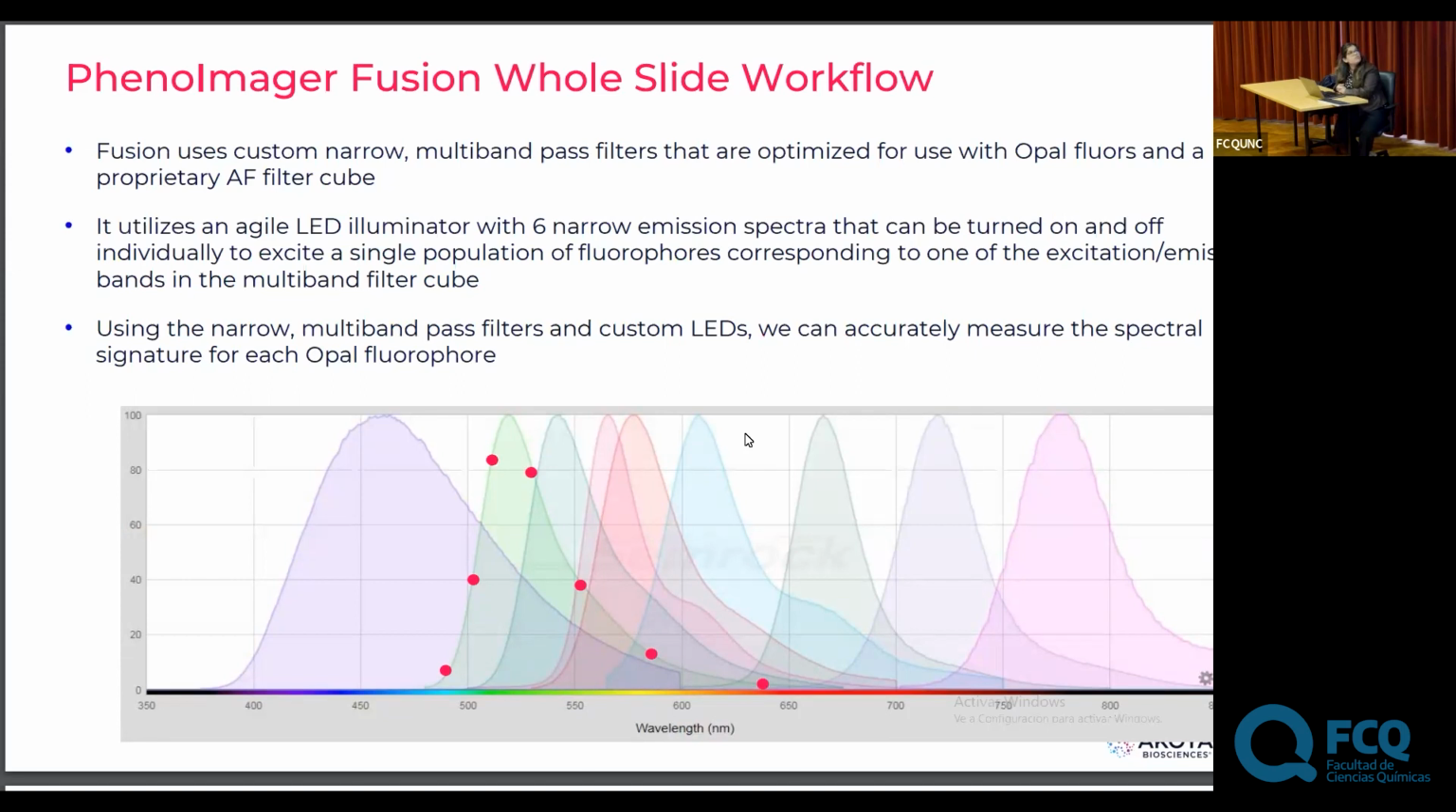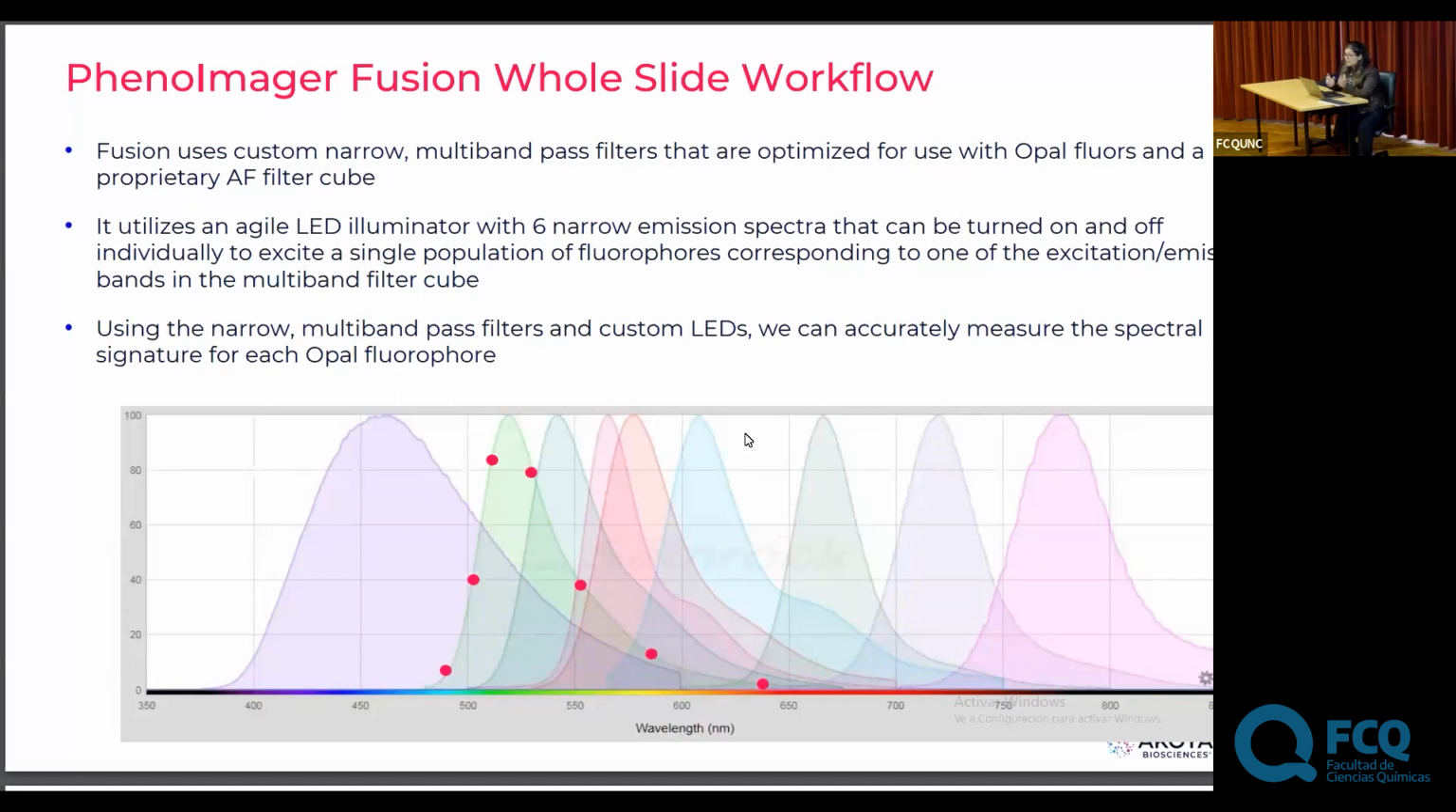The way that we combat that is that we've developed custom narrow multi-band pass filter cubes that are optimized to use with the Opal fluorophores, as well as a proprietary autofluorescence filter cube. The instrument also uses an agile LED illuminator with 6 narrow emission spectra that are individually turned on and off to excite a single population of fluors corresponding to one of the excitation and emission bands in the multi-band filter